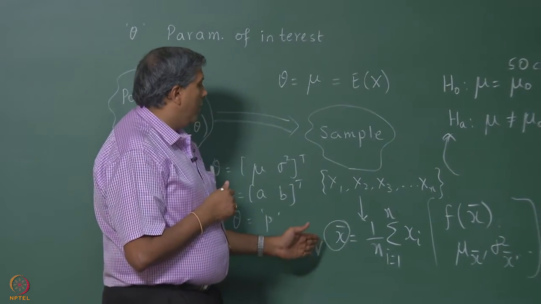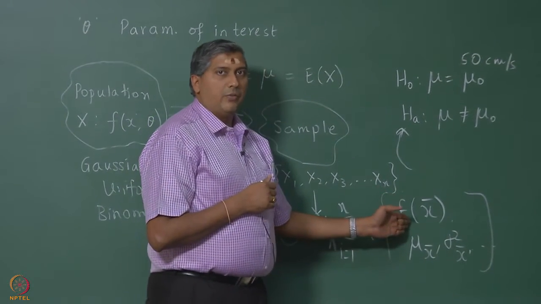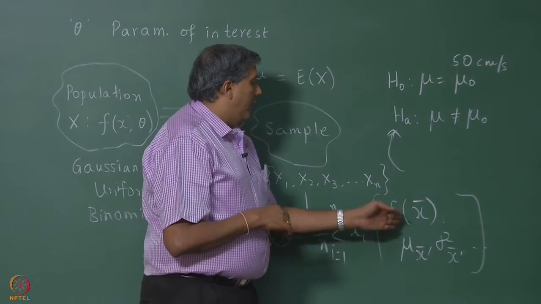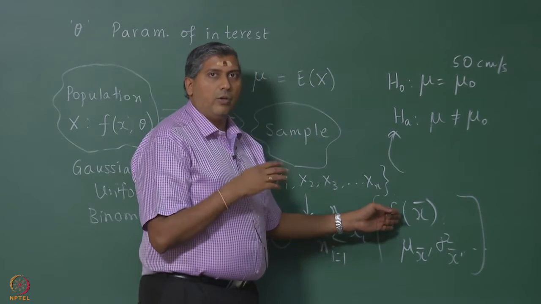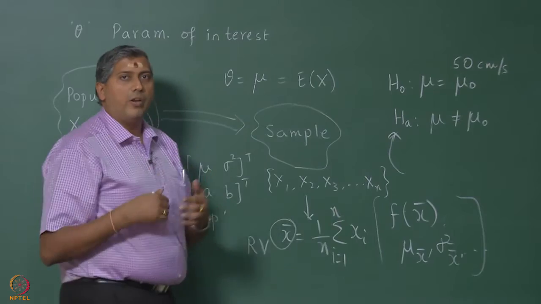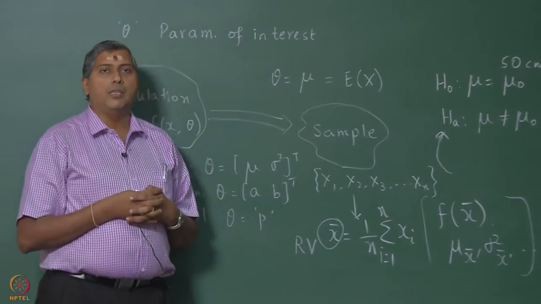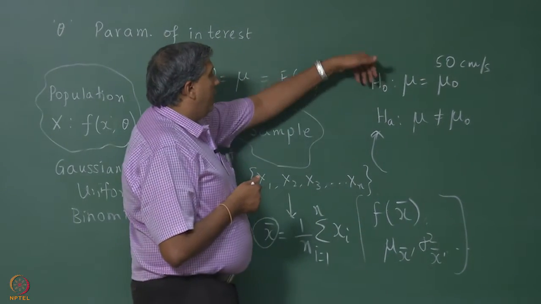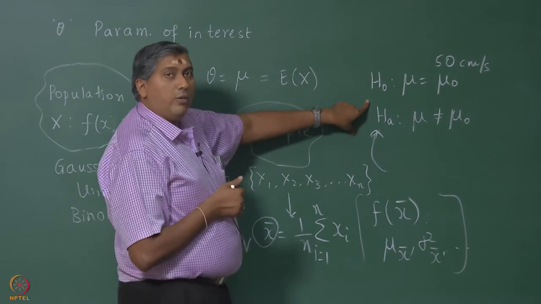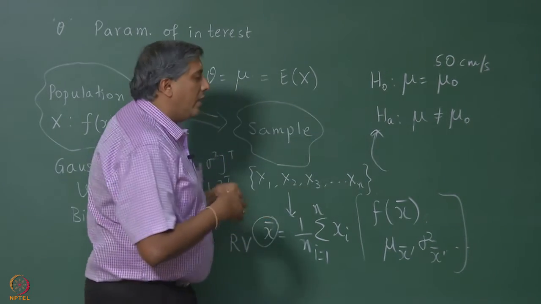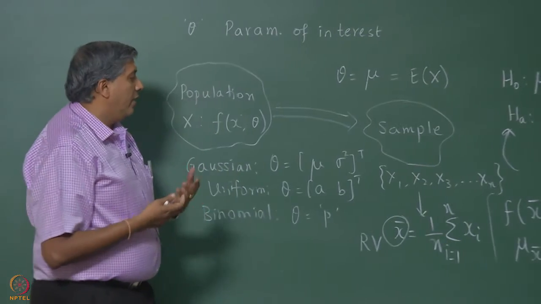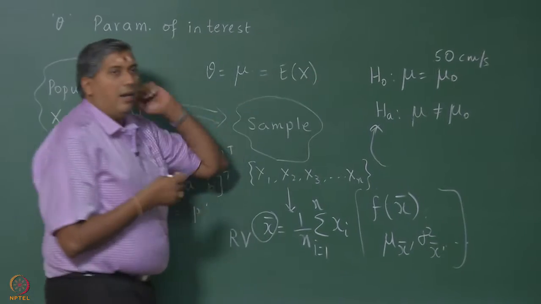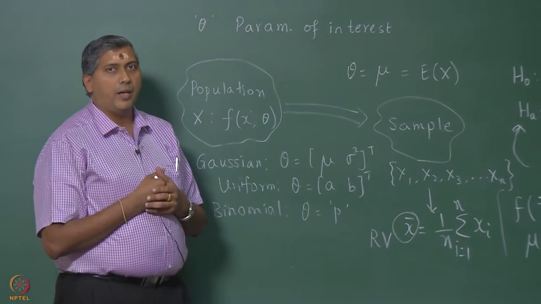We have to go further and construct the PDF somehow, either through theory, there is a theory for that, or through simulations, what we call Monte Carlo simulations. That is more advanced stuff. We will mostly work with cases where I can theoretically construct the PDF of x bar, and from this I can carry out the hypothesis test. At this moment, for beginners it may not be obvious how the PDF of this estimate is going to help us in carrying out this hypothesis test.